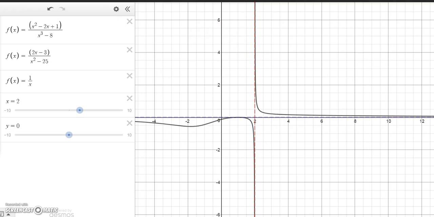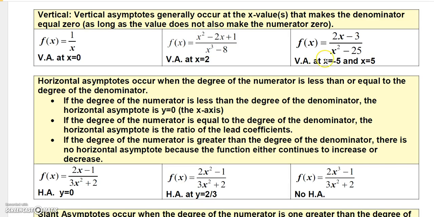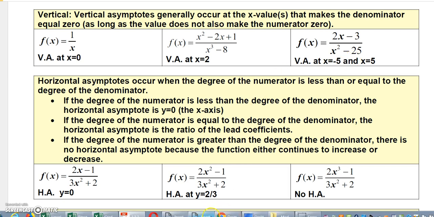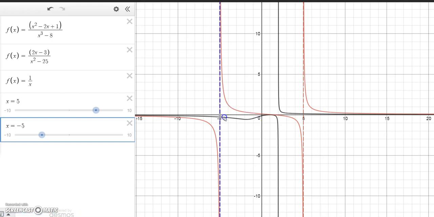So there's your vertical asymptote there. Now remember, on this third one we found that the denominator was 0 when x equaled -5 or 5. And obviously these values don't make the numerator 0, so we would get vertical asymptotes at those values, at -5 and 5. And if you look at the graph of that, you can see here is the vertical asymptote at,